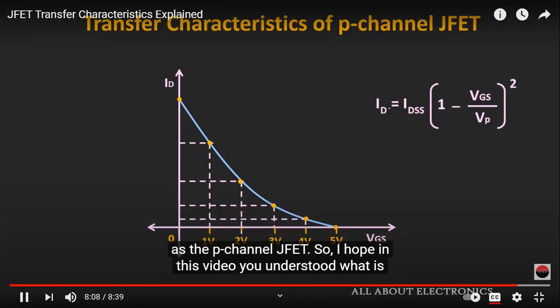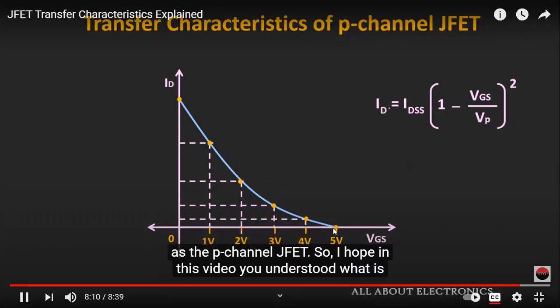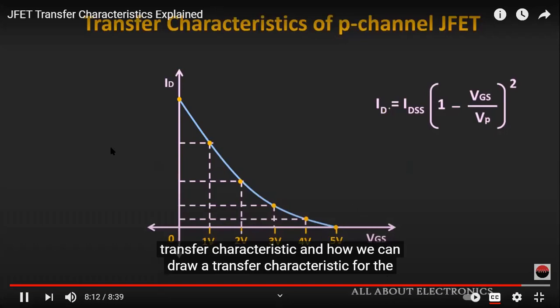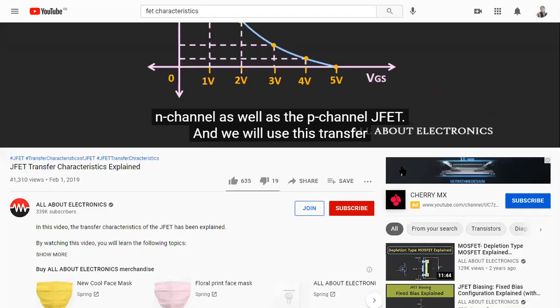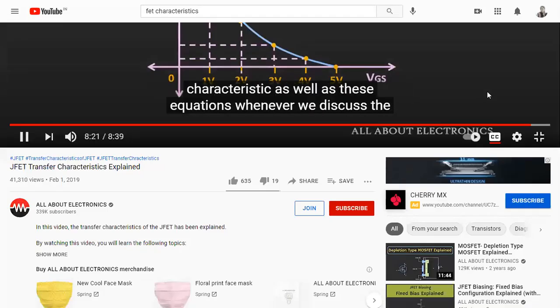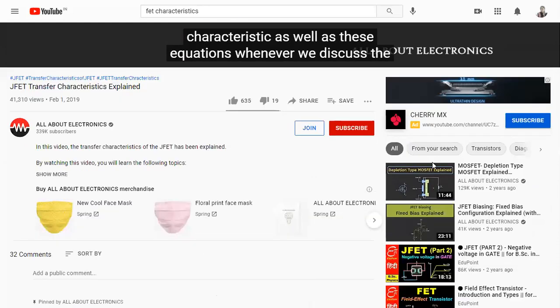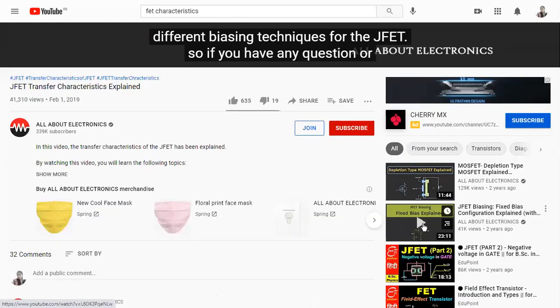So I hope in this video you understood what a transfer characteristic is and how we can draw a transfer characteristic for the N-channel as well as the P-channel JFET. And we will use this transfer characteristic as well as these equations whenever we discuss the different biasing techniques for the JFET.